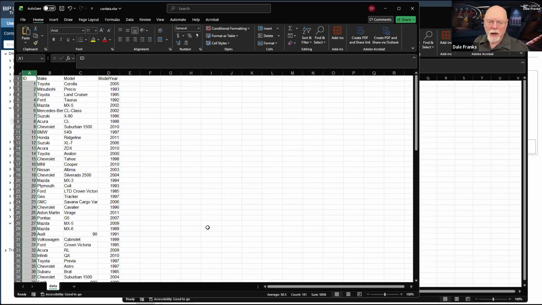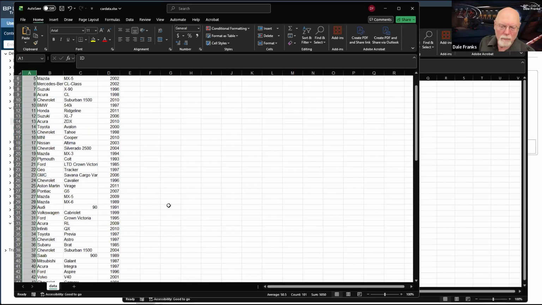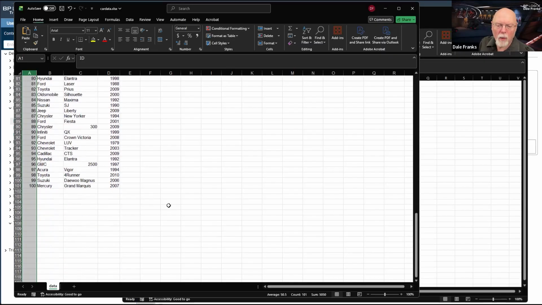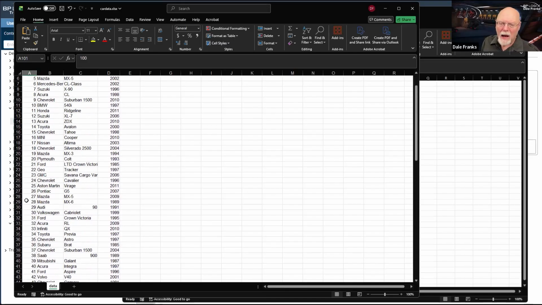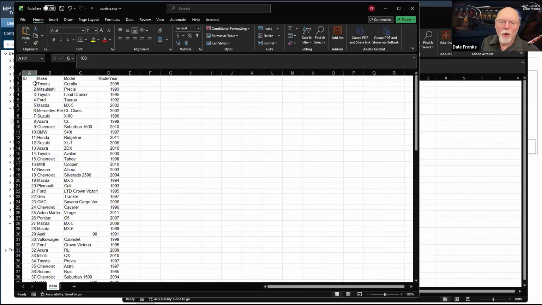So in this particular case, my database consists of a list of vehicle models, and there are 100 of them. I know there are 100 because my ID is just an incrementing list that starts with 1, and every time I add a new value, it just goes to 2, 3, 4, and so forth.